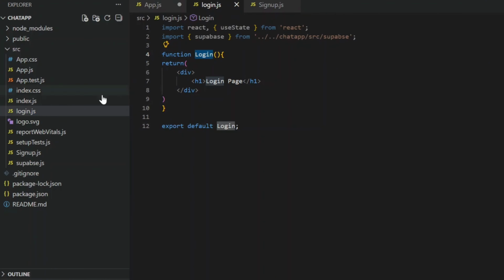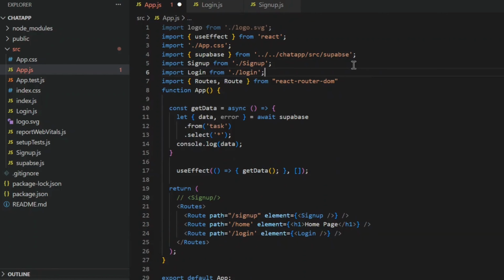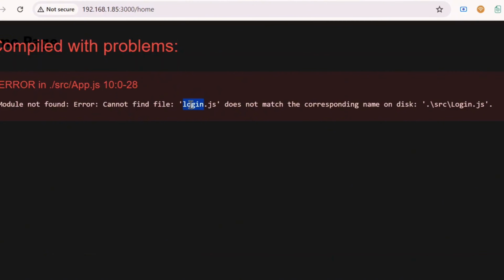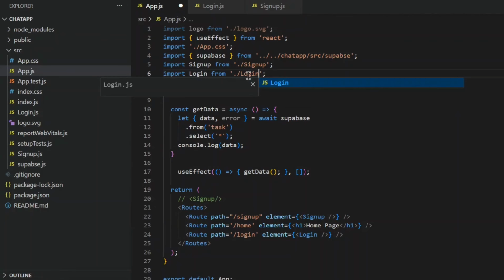So I will open the app.js. Firstly we need to rename this to Login, because we need capital letters in the component name. So I have also added the Login component inside the routes, and need to remove this and call the Login component inside. So the component is called and we need to check the output. So I need to change it to a capital word and then save again, and our component is working now.